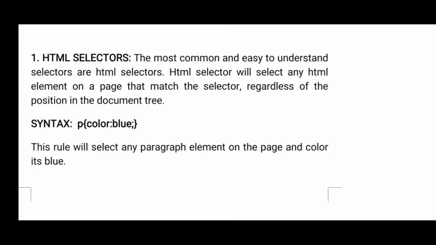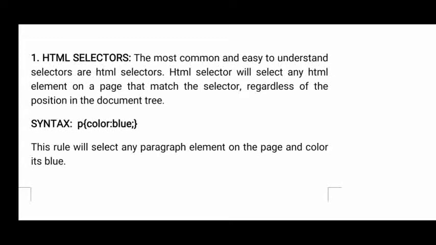To which element are we giving a property? An HTML tag. So in that case, the selector is an HTML tag. If you are using an HTML tag as a selector, that is called an HTML selector.